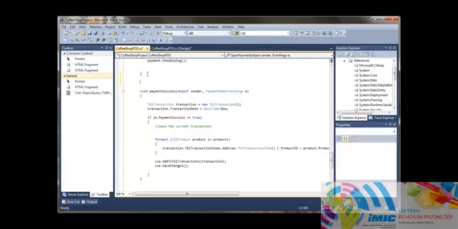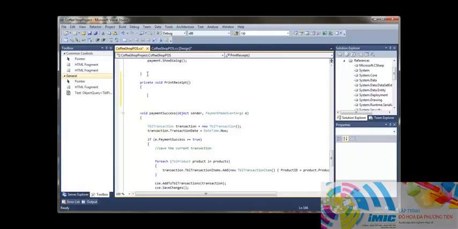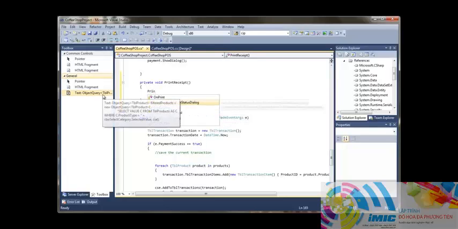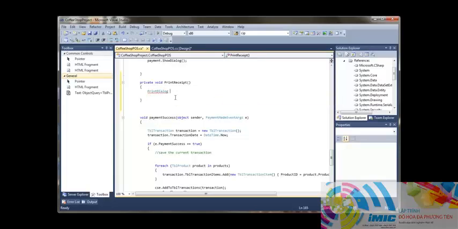So what we're going to do here is make another private method, and this is going to be one that will start the printing process. I'm going to call it print receipt. It's not going to take any parameters. And we're going to make use of a couple of inbuilt features. The first one is print dialog. Print dialog is the box that pops up and lets you choose your printer. So I'm just going to call that print dialog,